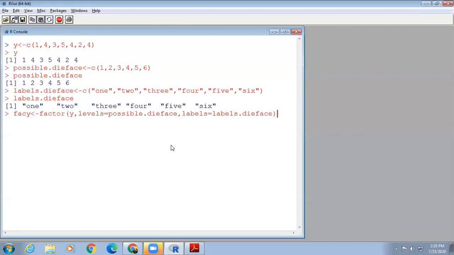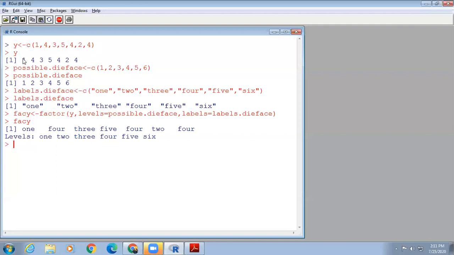So careful, you can observe all are included or not. Now the vector is created by using the factor. Now you can call with the name FACY. Now you can see. So y, first it calls y. What y contains? 1, 4, 3, 5, 4, 2, 4. Now this vector is converted into a factor by providing the labels.